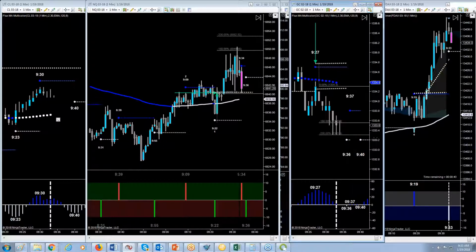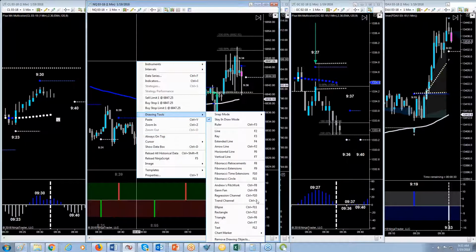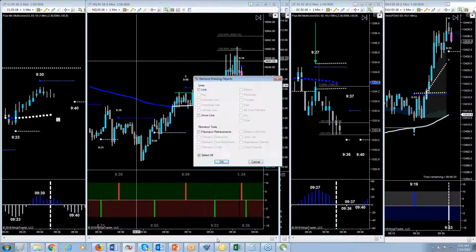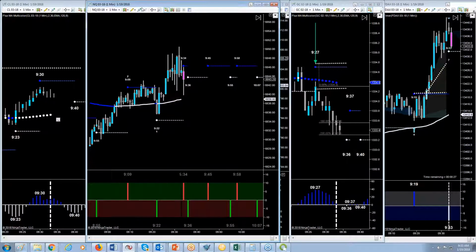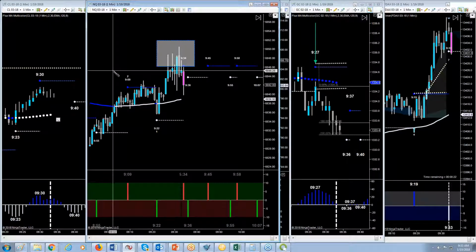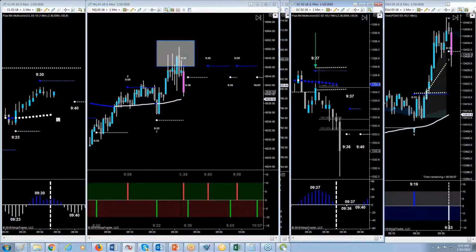NQ break even 934 signal, watching for selling pressure. And Joe, do you see where the stop runs came in right before the selling? Can everybody see over here on the NQ all the stops that are getting hit right there? So gold definitely target hit right here.